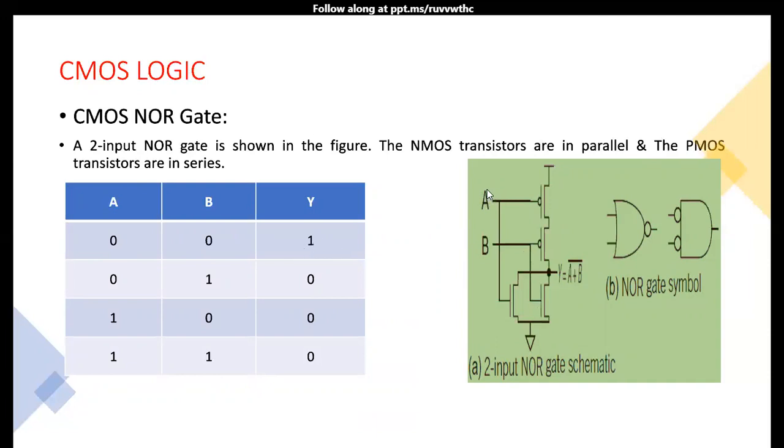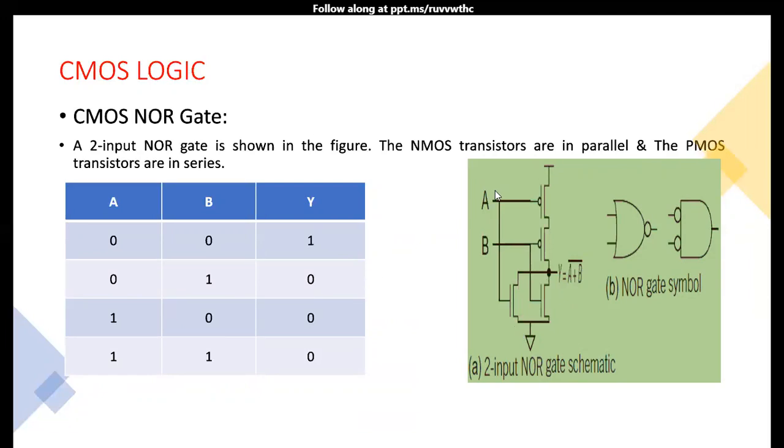If one of the inputs is 0 and the other input is high, then this PMOS transistor is on, and this PMOS transistor is off, and for the A input, the NMOS transistor is on and this NMOS transistor will be off. So this one is open, this one closed. There is no path from supply to the output, hence it produces the 0 output. So for any 0 1 or 1 0, one of the PMOS transistors will be open. So there is no path from supply to the output, hence it produces the output 0.